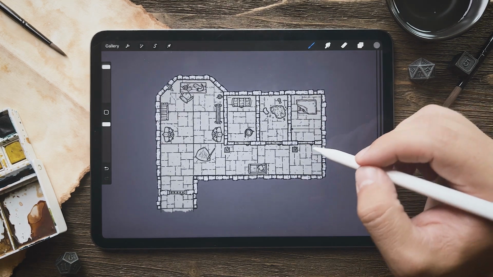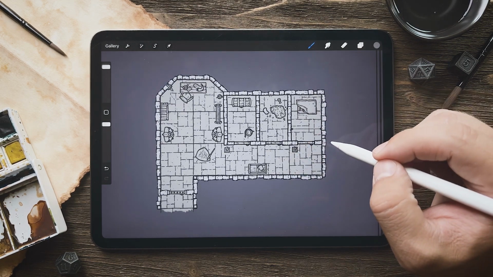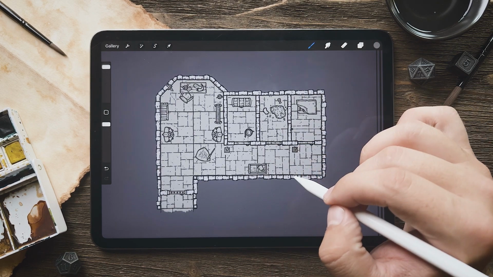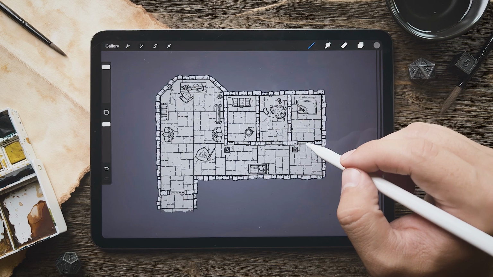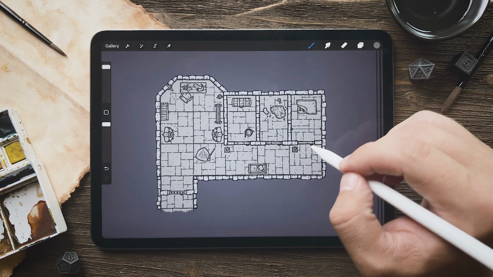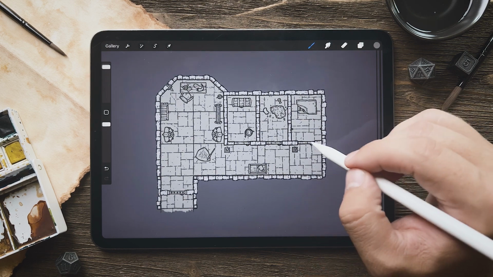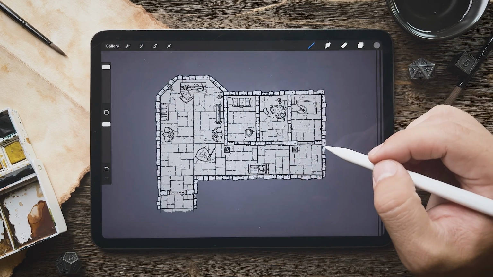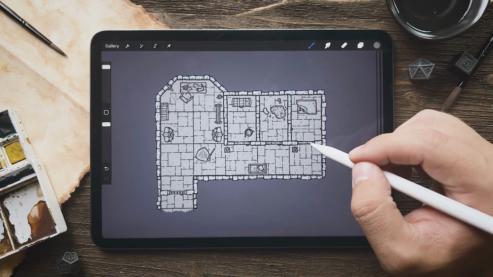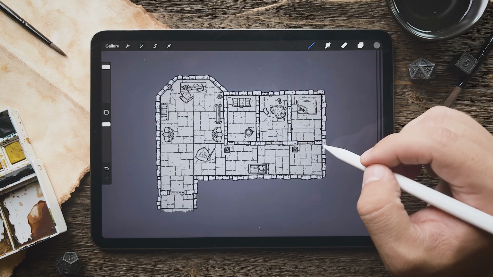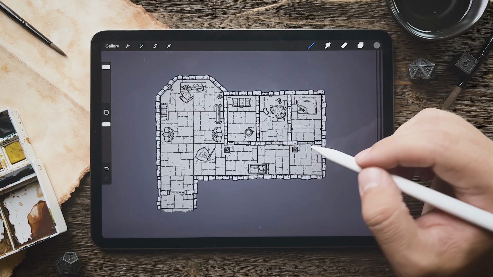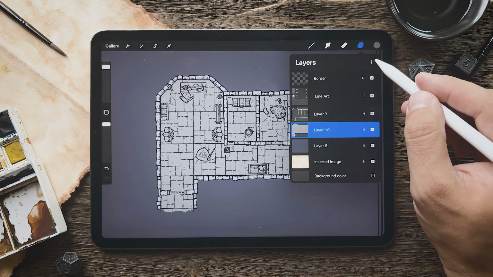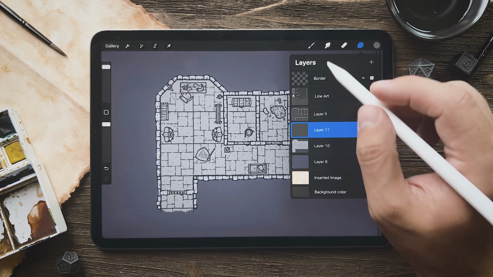So now that we have our main color palette down, we can start picking colors that are based on this main color palette. Everything is going to be a little bit cooler, a little bit more blue in color because of the palette that we've chosen. If we had more of a brown color palette, you would want to use a little bit more brown hues, reds and oranges and things like that. But since we're using this color, we're going to be using a little bit more